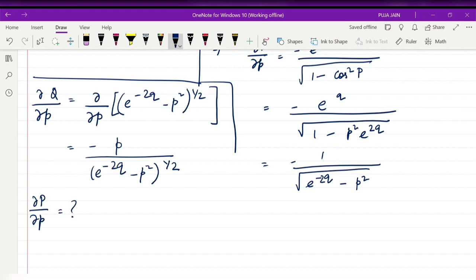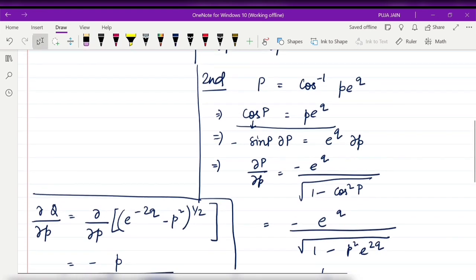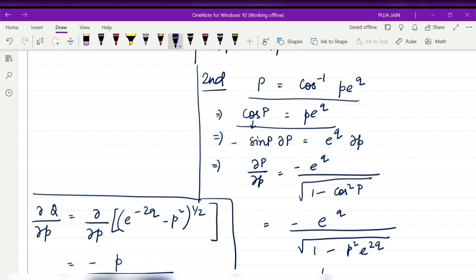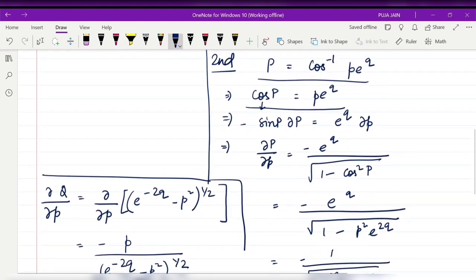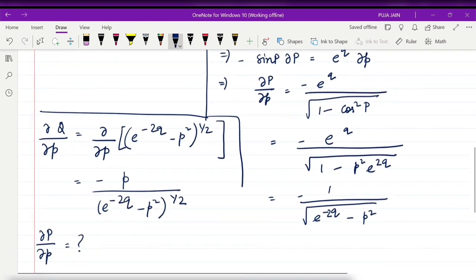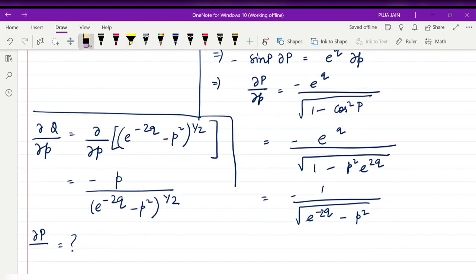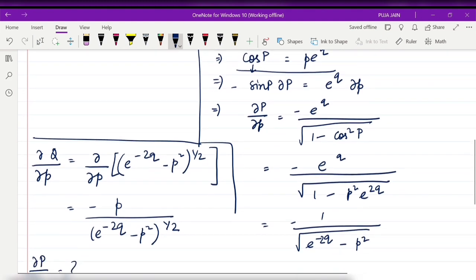So this one again we can use here. So from here we can say del P, del small p we need. This we have already calculated. Okay, so we need to calculate this one. Del P, del of Q. So from here we can write,